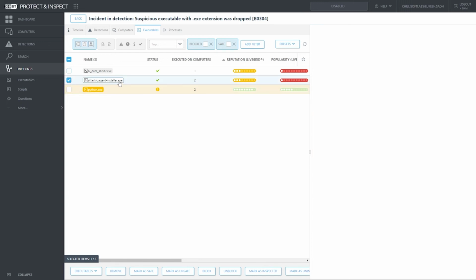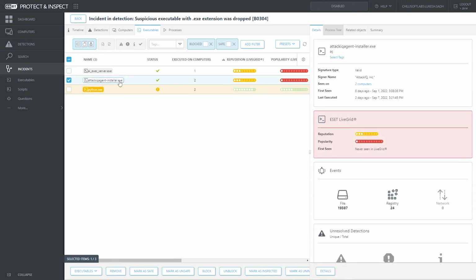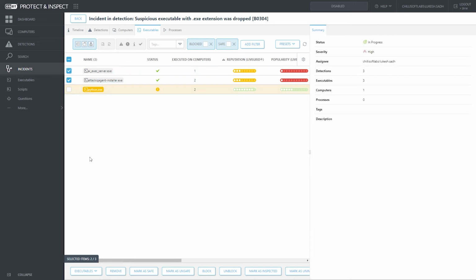Moving on to attackIQ_agent_installer.exe, we find it has a valid signature signed by AttackIQ. Again, it has very low reputation and popularity scores, and had produced a great amount of file modifications, producing 34 registry changes. With such strong indicators of compromise, analysts can select these executables and choose to block them from ever